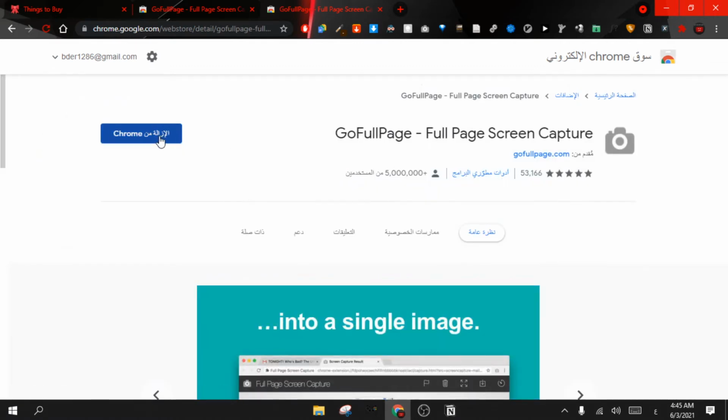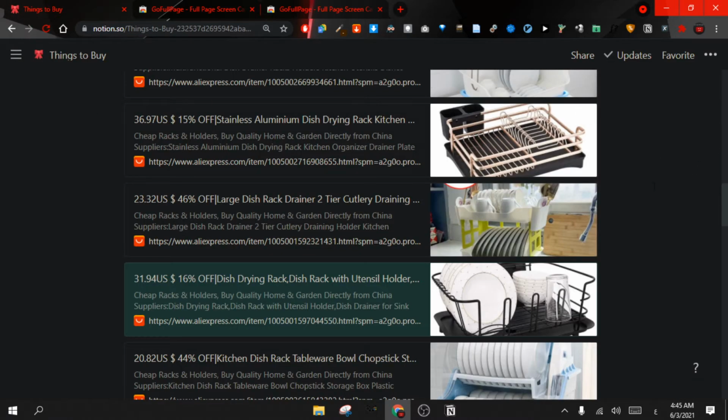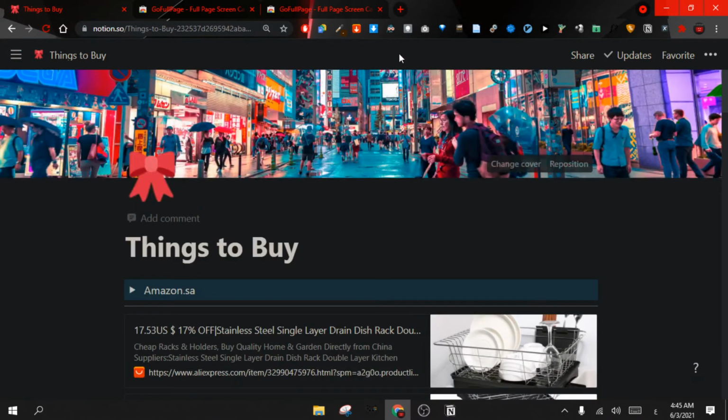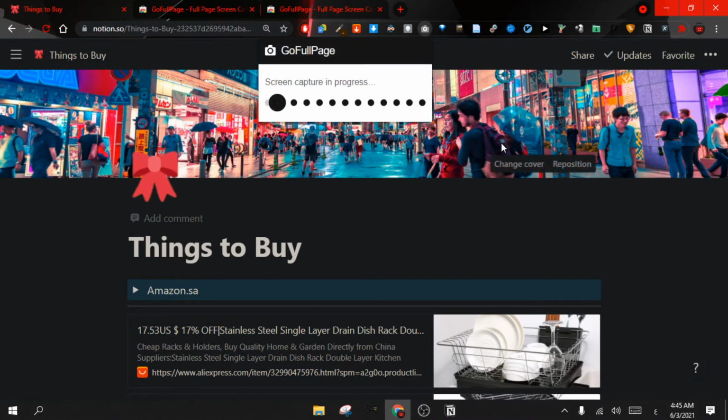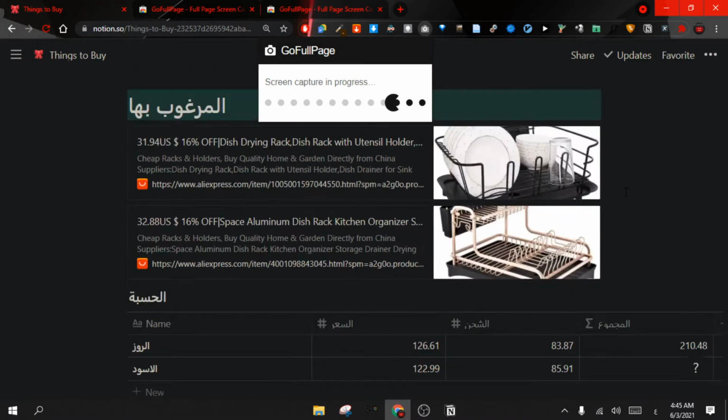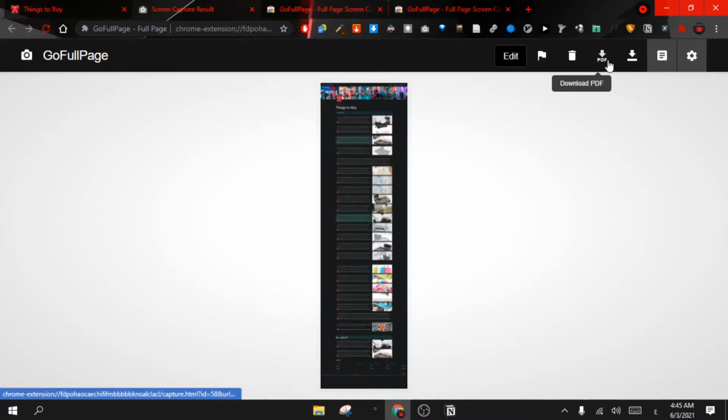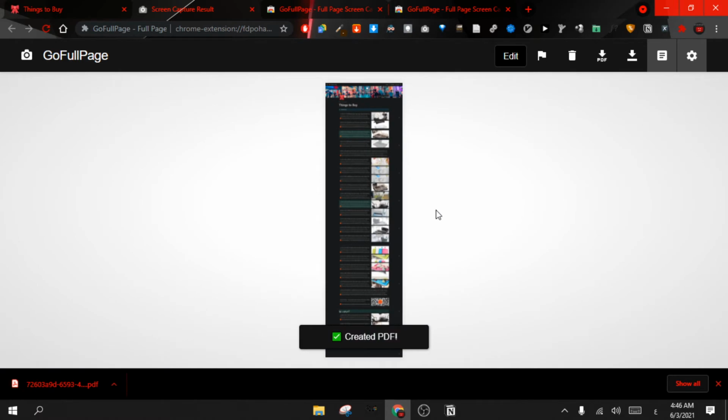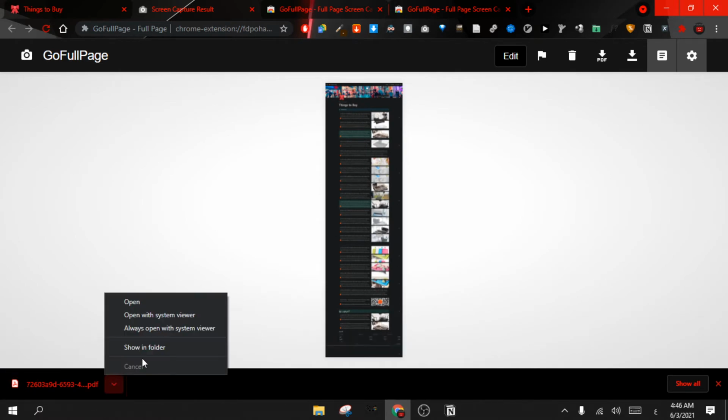After that, you will install it, and in a simple way, you go to the page, go up, go to the upper page. Press here, and now you can save it as a PDF file. This is the PDF. If I open it,